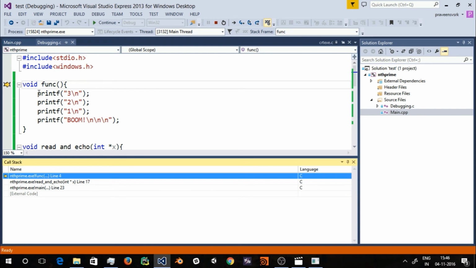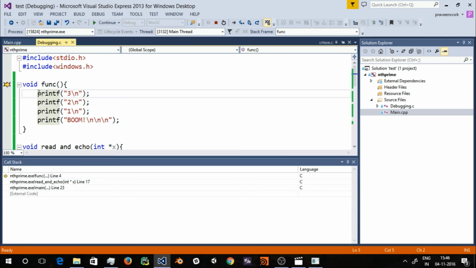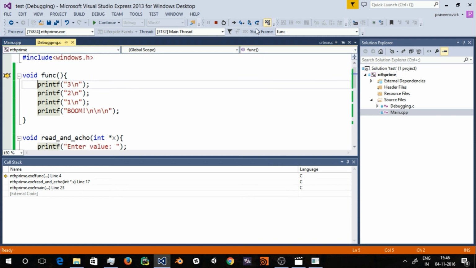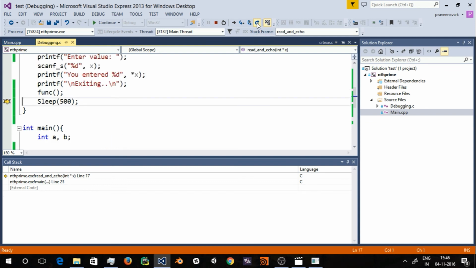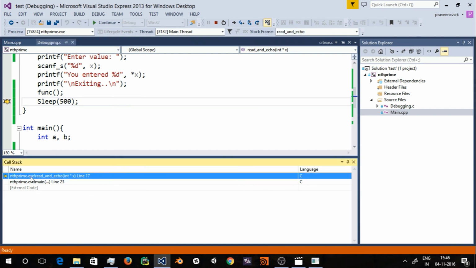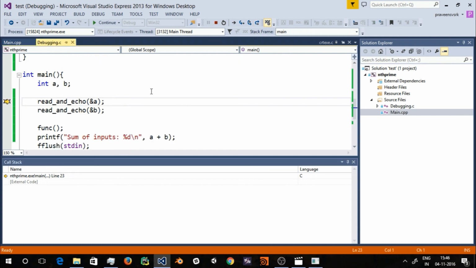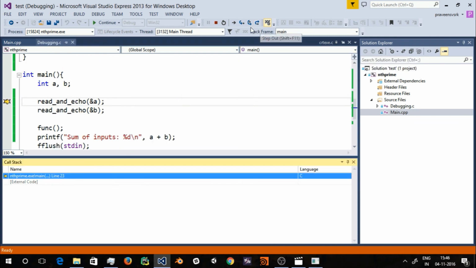So every function call is introducing a new stack frame. Okay, so I just step out of this function because I know what it does. So when I press step out of this function, the stack frame popped out, right? So again I step out of this function, another stack frame popped out. So I step over,